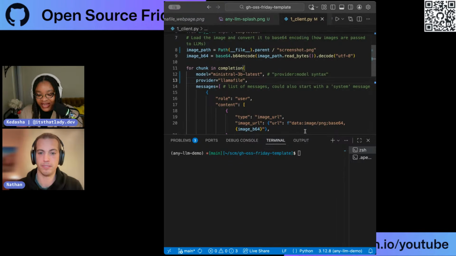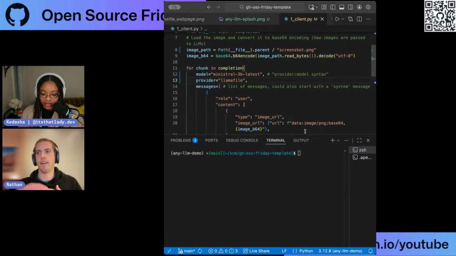Wow. And so any-llm truly means any LLM, like it supports all LLMs and their providers? That's the goal, to support all the providers. And here's where it's open source. We certainly don't support all providers yet, because we don't know about all providers. And we need to have some bar where we only support a provider if it has a certain amount of adoption, probably. But that's the goal, to support all the providers.